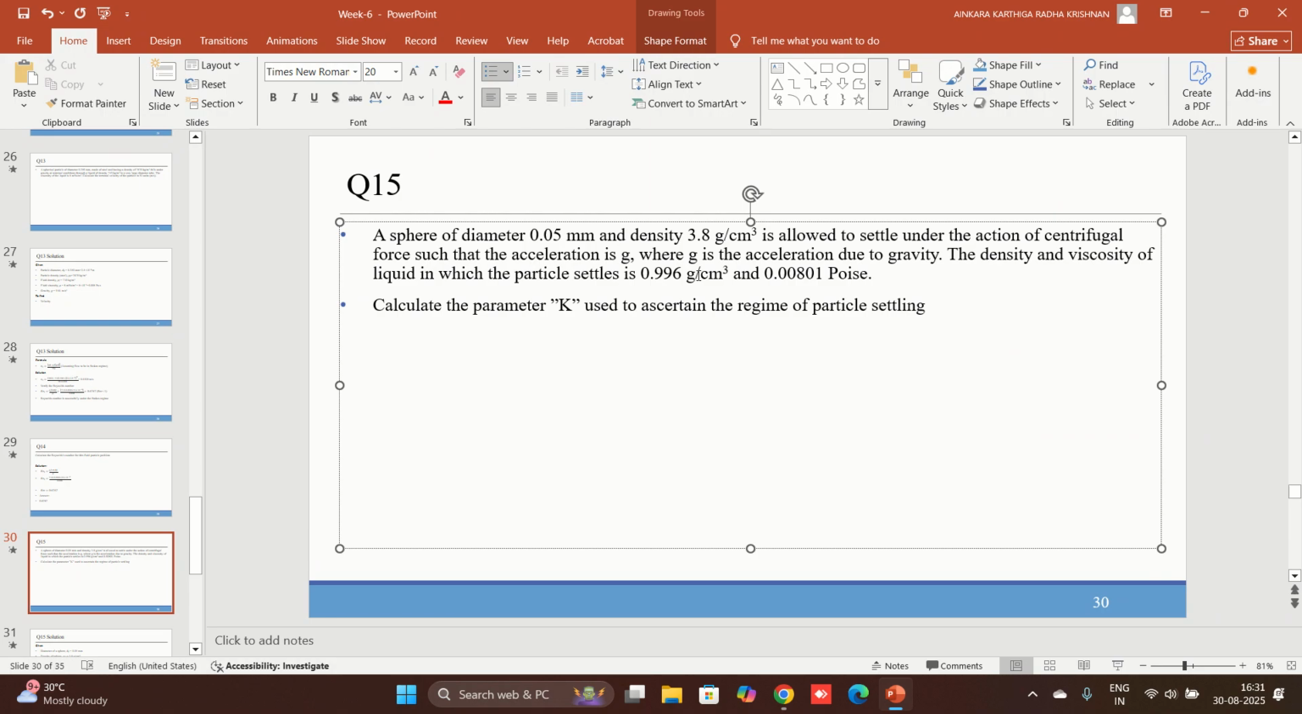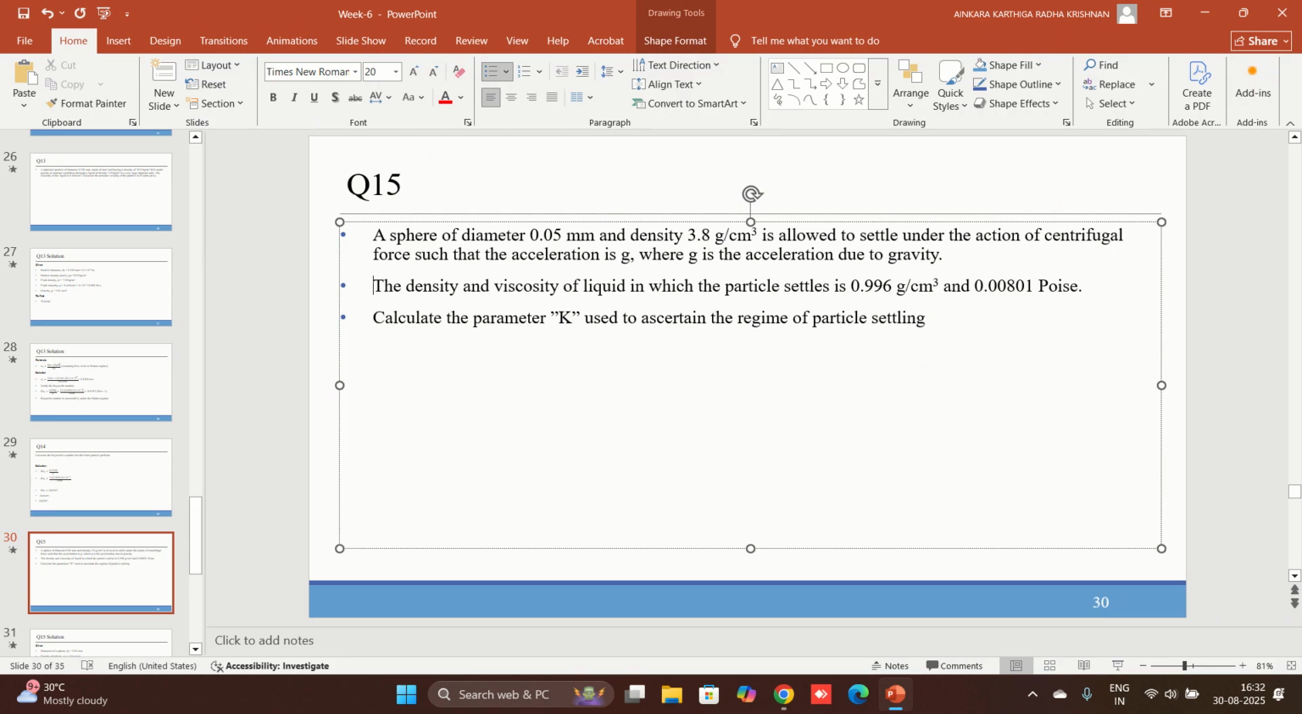So what we are asked: a sphere of diameter 0.05 mm and density 3.8 gram per centimeter cube is allowed to settle under the action of centrifugal force such that the acceleration is g, the acceleration due to gravity, and the density and viscosity of the liquid in which the particle settles are 0.996 gram per centimeter cube and 0.00801 poise. We are asked to find the parameter k, which is used to ascertain the regime of particle settling. So, as far as the solution is concerned,